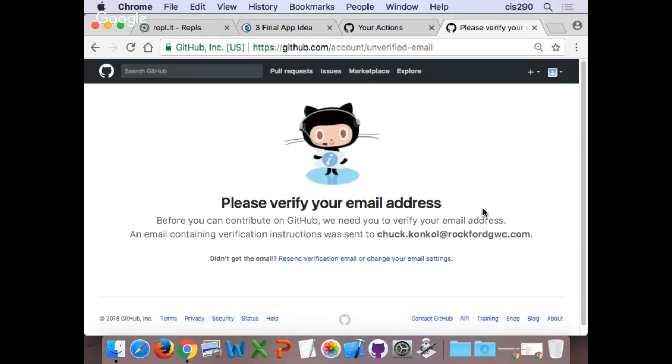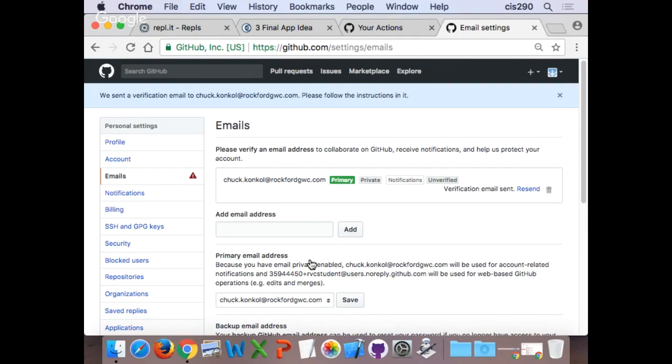And if this is not in yet on ours, I'm going to hit resend verify on mine. I'm going to resend it to see if it sends it quickly. Okay, I got it. I'm going to verify my email address.